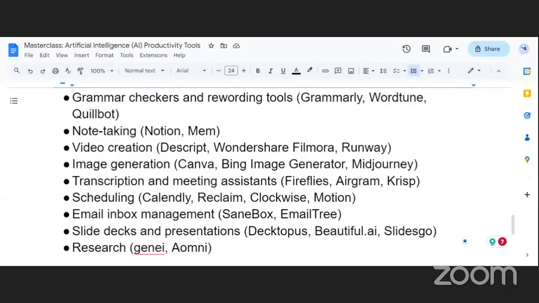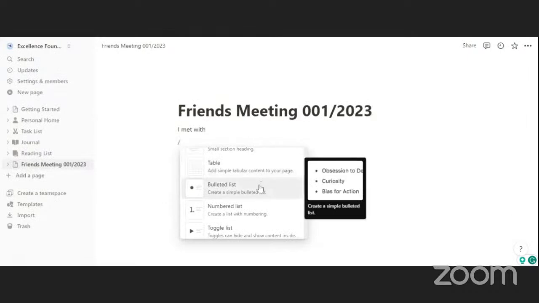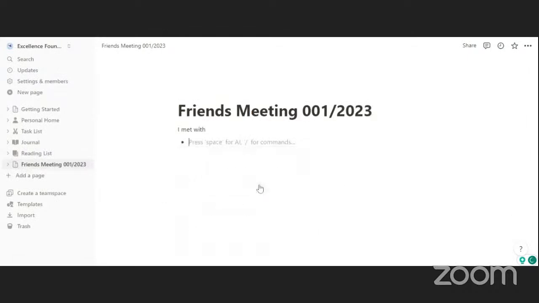If you want to put bulleted points, a bullet list, then you come here and choose bulleted list. You say bullet list, point 1.